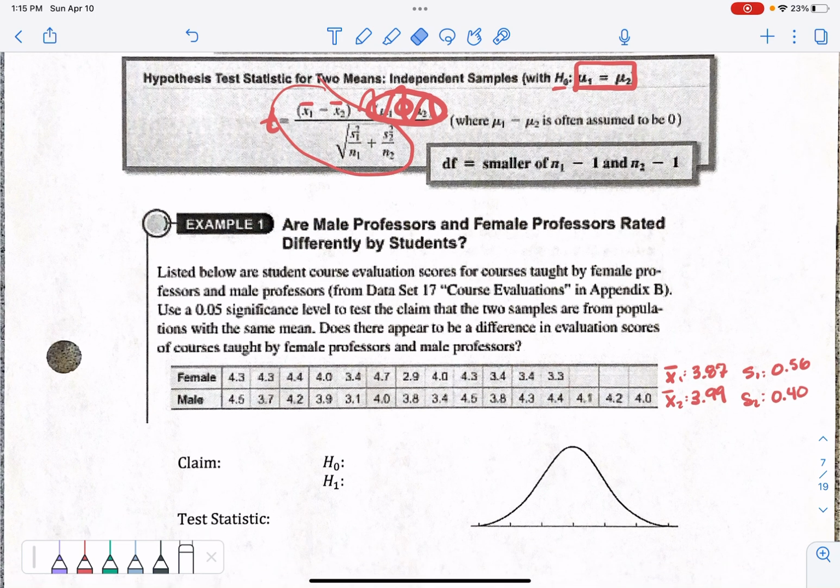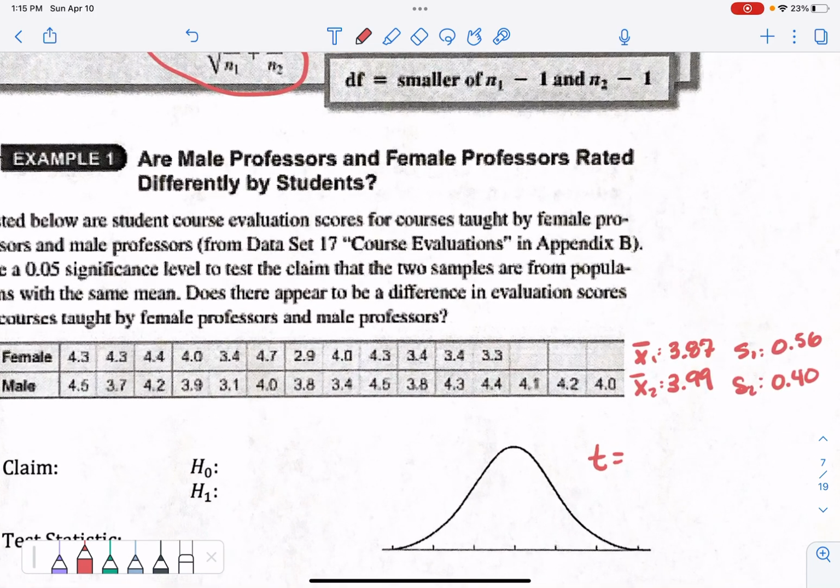So we're just calculating T, and I went ahead with these two sets of data. The top row is female, the bottom one is male, and I put these in here, and we're